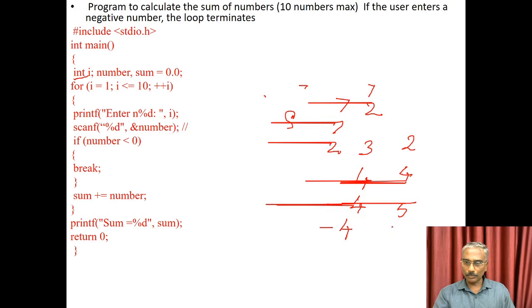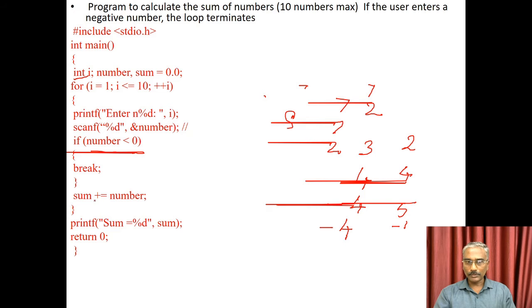Next you are entering minus 1. So when you enter minus 1, it will check whether the number is less than 0, and it will break. First you are entering 2, and 2 is not less than 0. So again you are entering 4, and 4 is not less than 0. So when this condition becomes true, immediately it will break and get out of